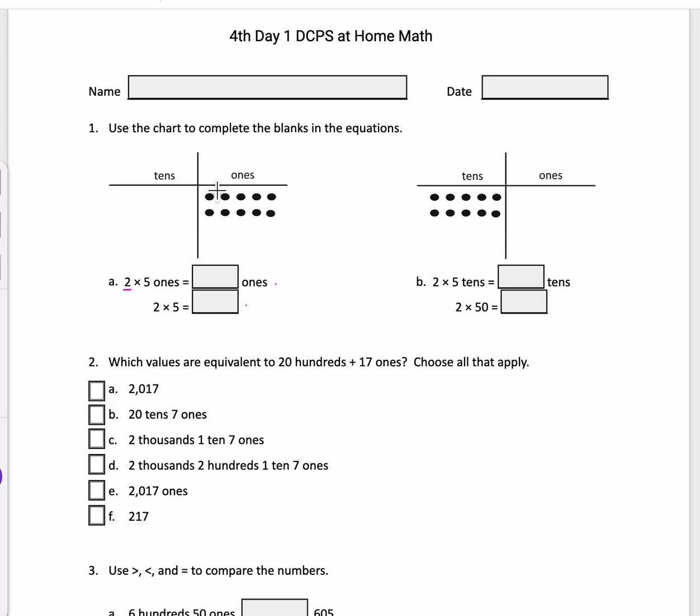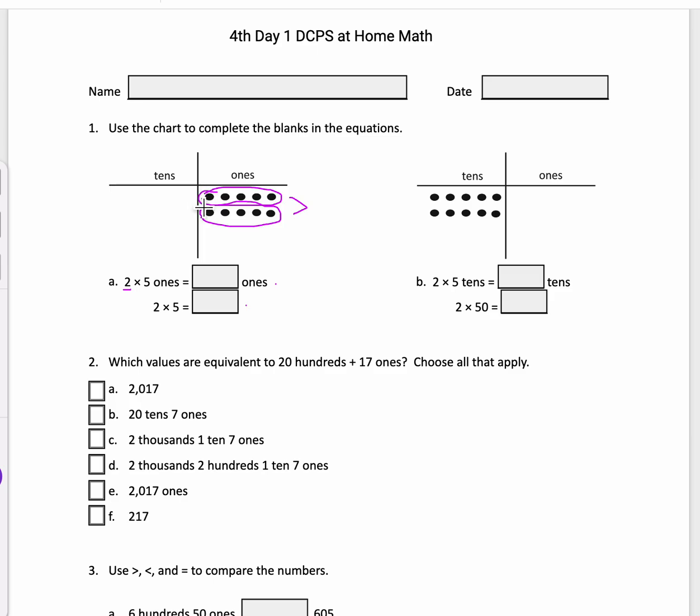So if you can see one group of 5 ones here, that would be like 1 times 5, okay? And then if you see the second group here, that right there is 2 times 5. So you basically are just going to look at this total, all right? Well, I noticed that if I have 2 groups of 5, 1, 2, well, 2 groups of 5 is a